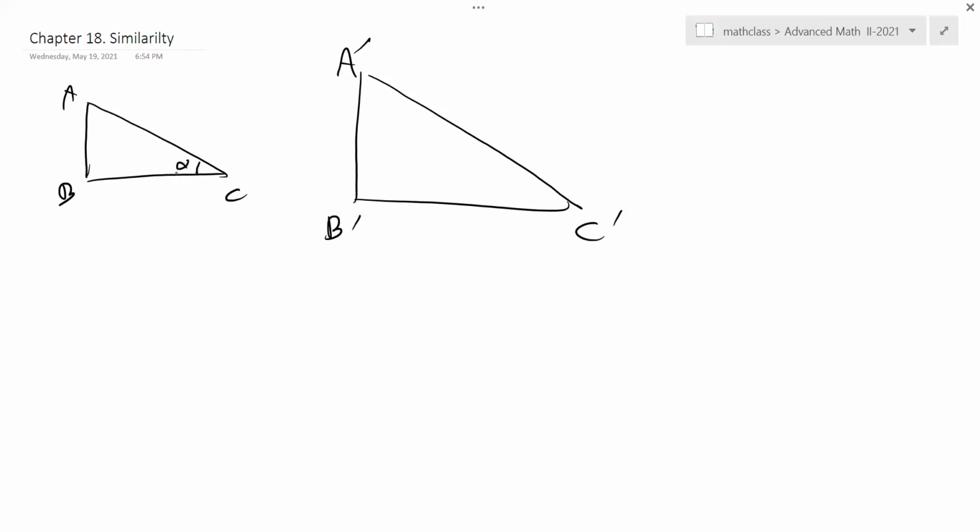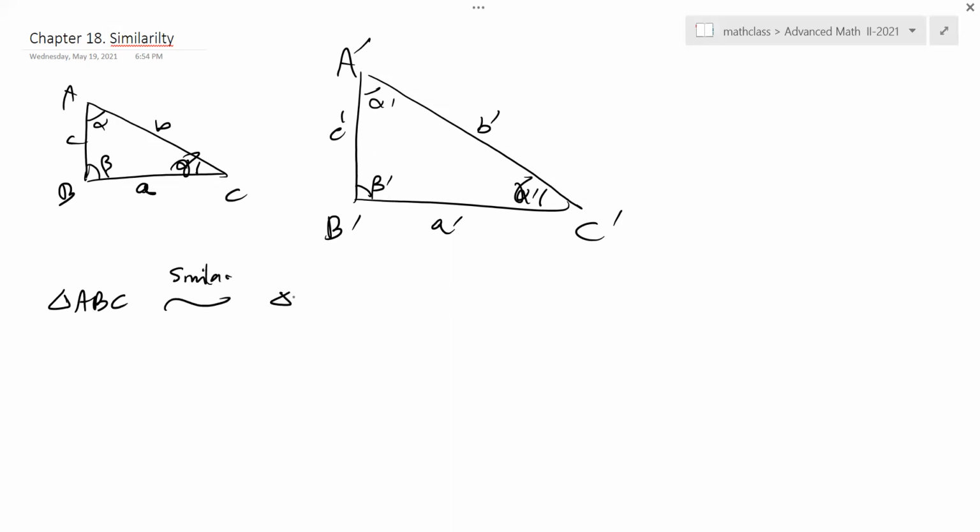So you have angle alpha, and this is alpha prime. I'm saying this is alpha, this is beta, this is gamma. Here's the gamma, and the beta prime, alpha prime. And the sides corresponding to A is A, that's B and C. And this is A prime, and B prime, and C prime. So when we say triangle ABC, that notation means similar to the triangle A prime, B prime, C prime, if and only if one of the following two conditions